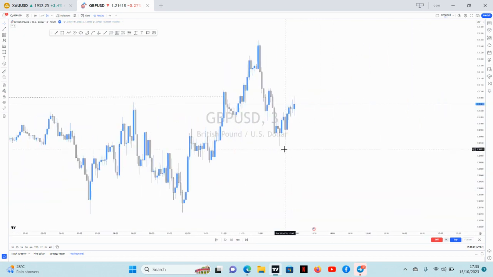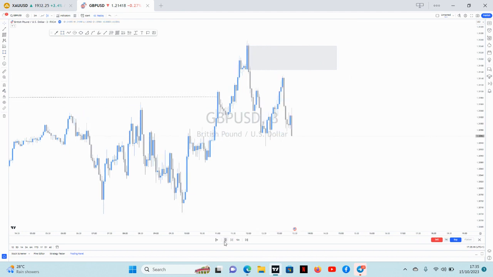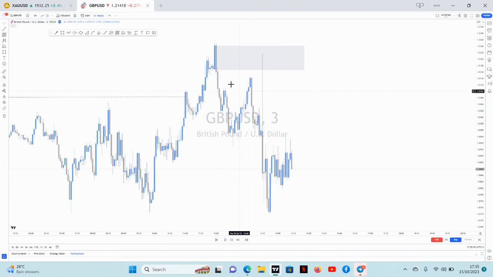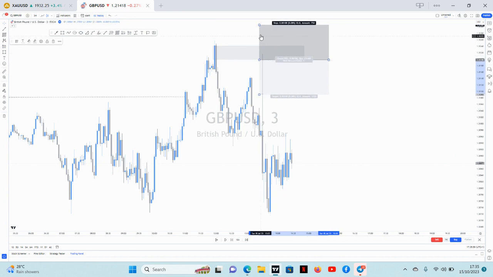Yes, there is a market structure shift. We take this fair value gap. I'm sorry, we take this other block. Although it's big, we take this one. And let's see. Yes, maybe you could even refine it to this QM right here. You still tapped into the QM right here. This would be your entry, your stop,